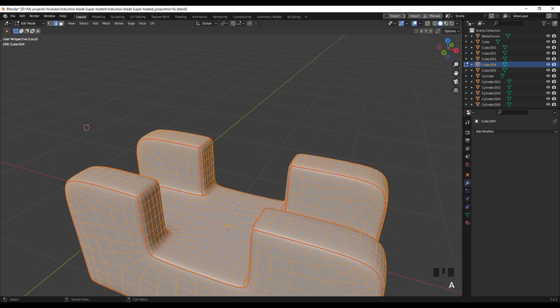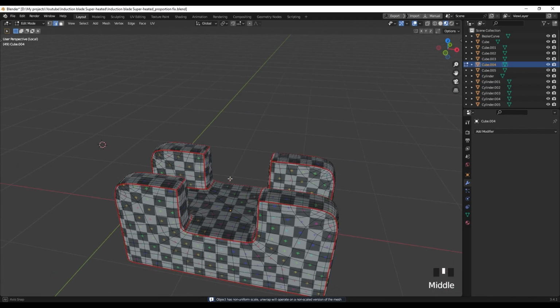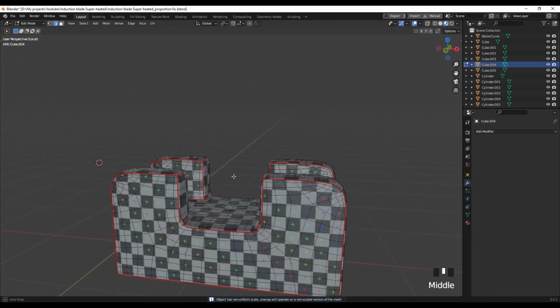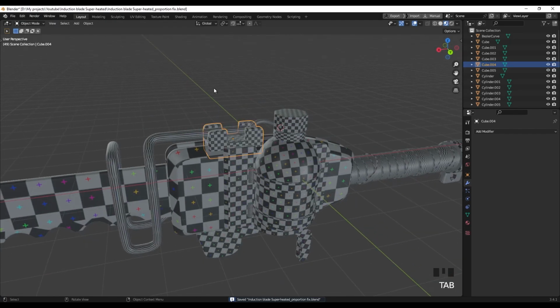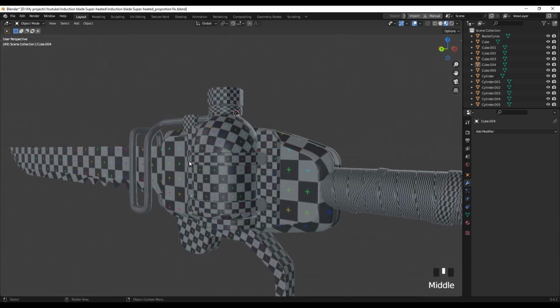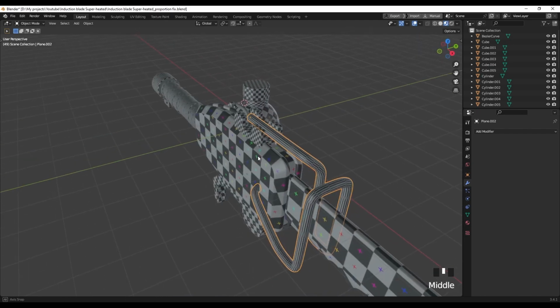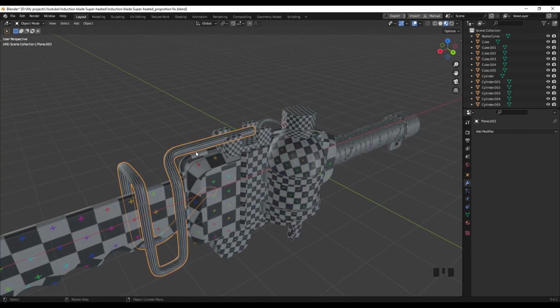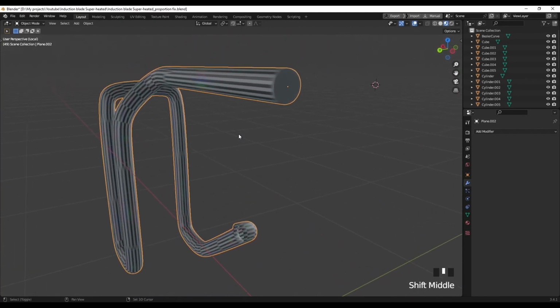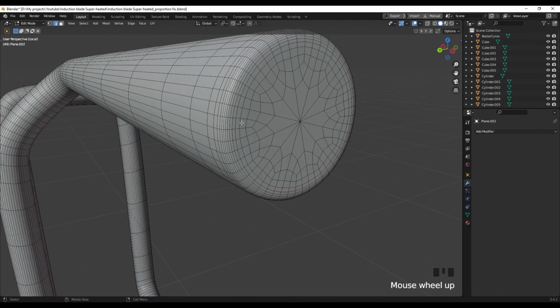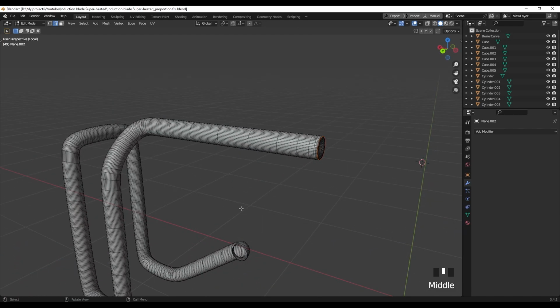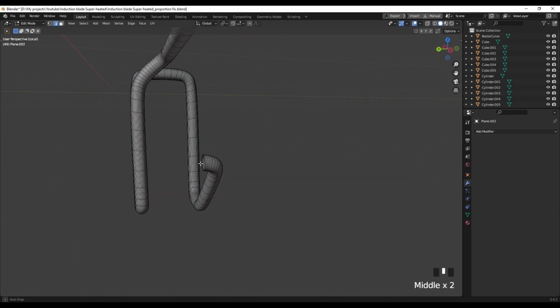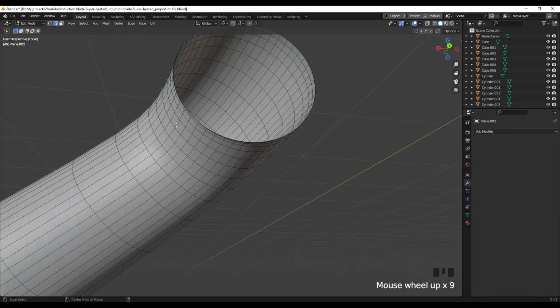And then select all and unwrap like so. Let's go back. Now select these pipes and go to isolate mode and edit mode. Select this circle, mark seam, and maybe this loop which goes around,